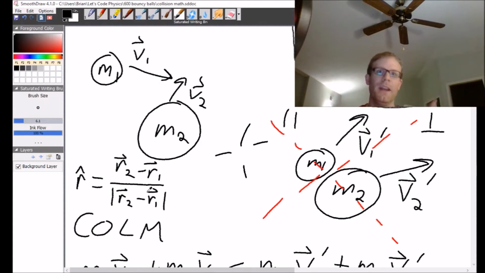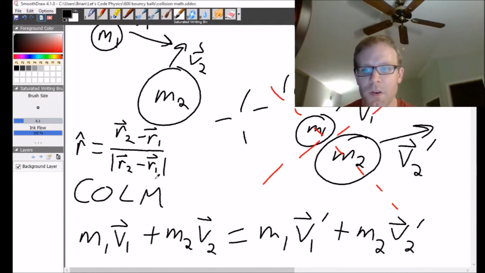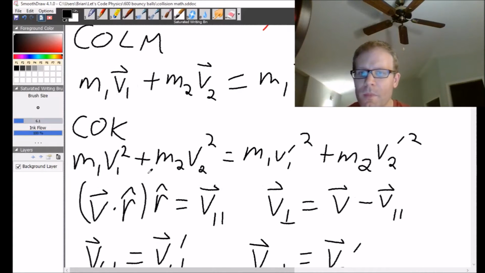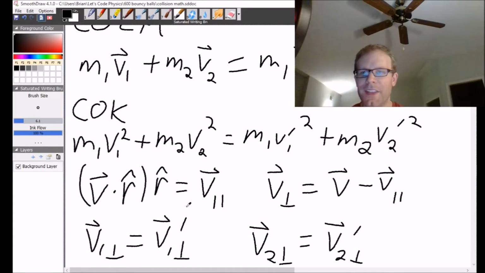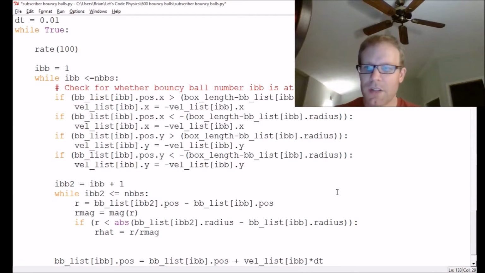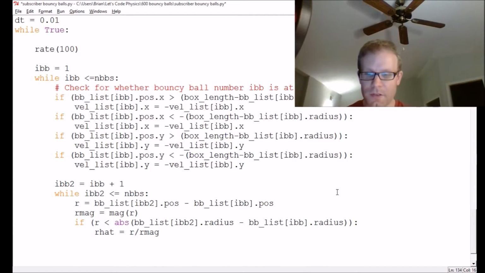You divide a vector by its magnitude, you immediately get a unit vector. It's a wonderful thing. What I need to do now is to define their parallel components and their perpendicular components. So we're going to use this r hat in order to do that. So we're going to say v1 parallel is, and now I have to go to the velocity list of iBouncyBall, and I need to take the dot product of that